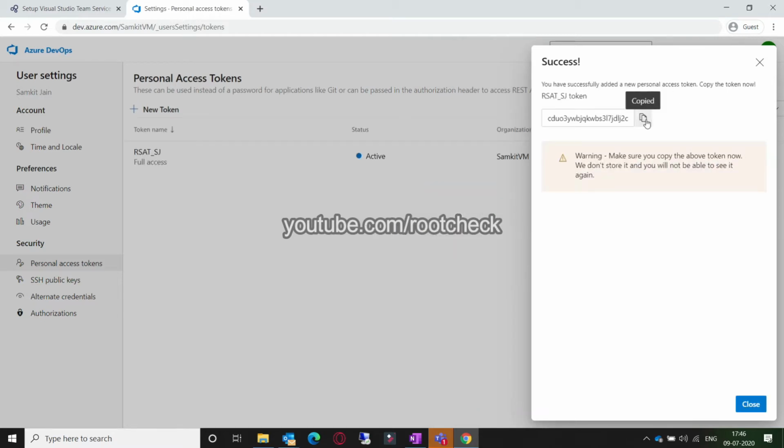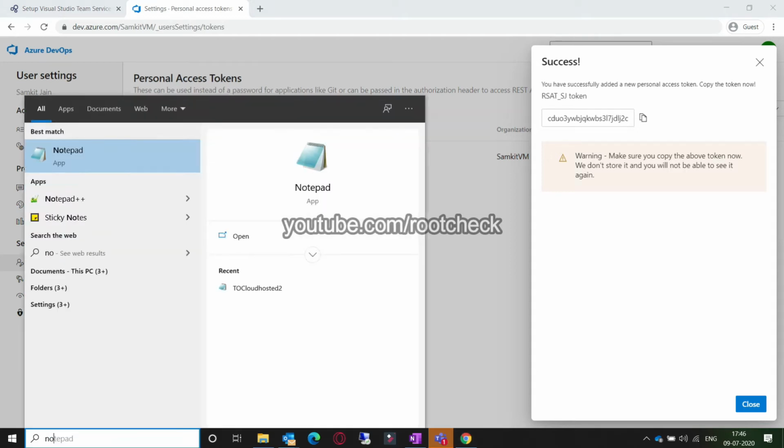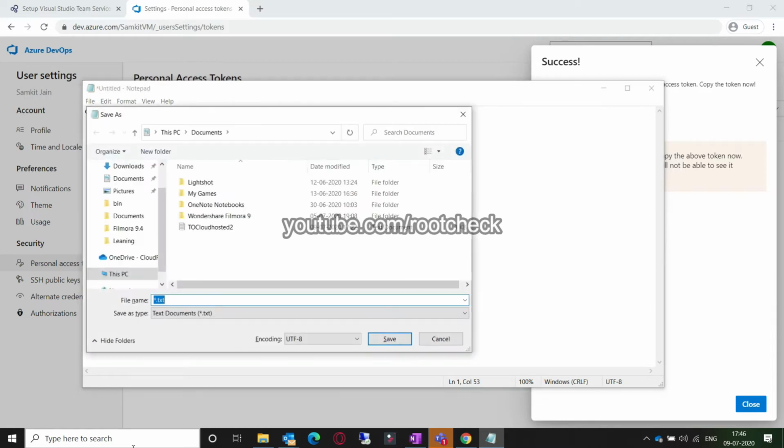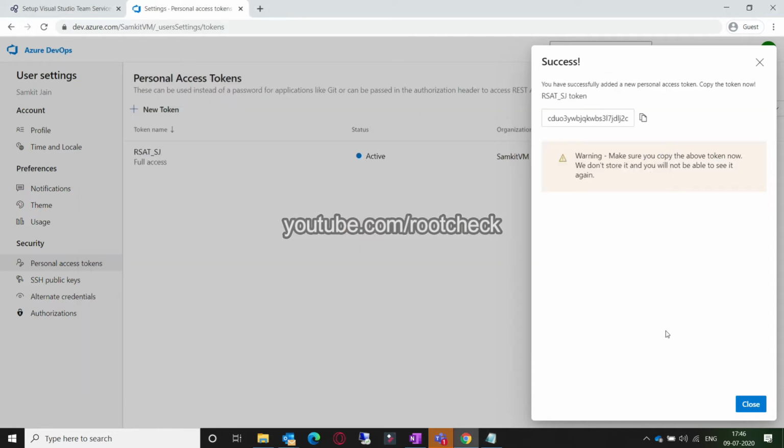Just copy that token number and save it in a proper place, because this would be visible only one time. After that you need to create another token if you want, or regenerate the same token. So I would suggest to save it properly, because it would be helpful in other processes also.